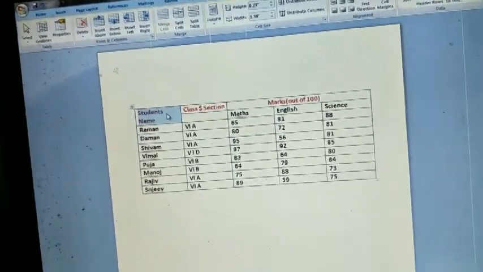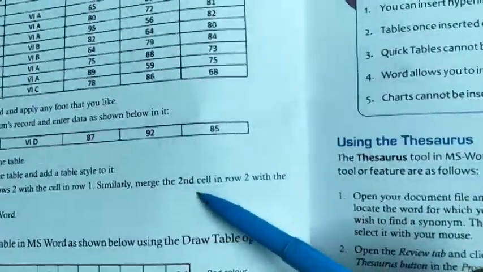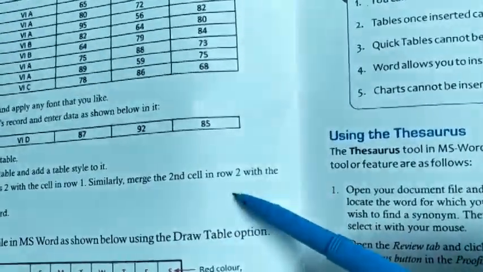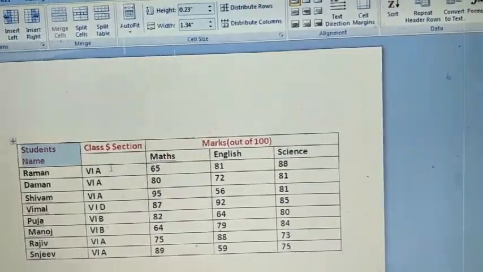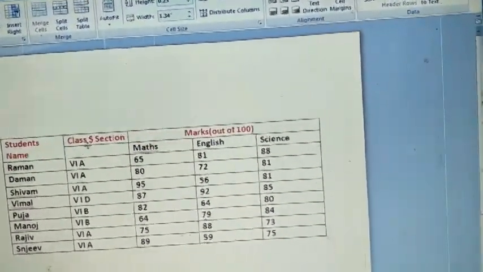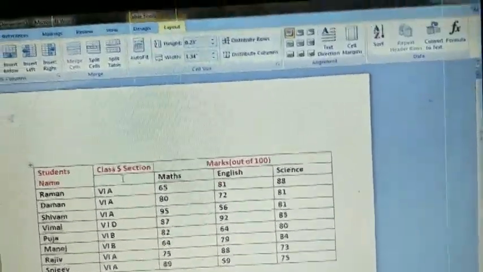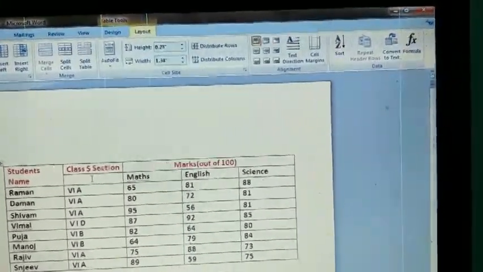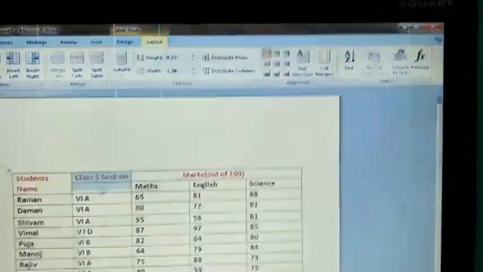Now second, similarly merge the second cell in row number 2 with the second cell in row number 1. So first select this one, press shift key and up arrow key.